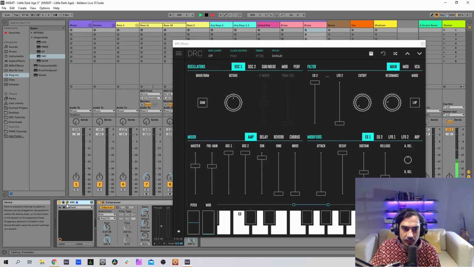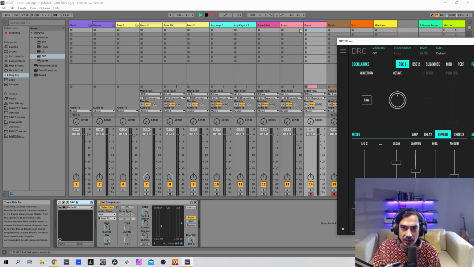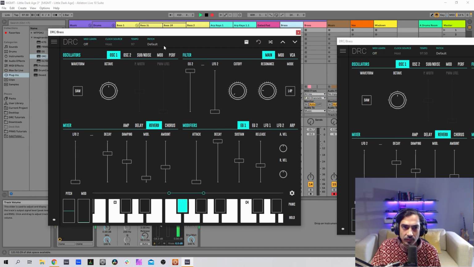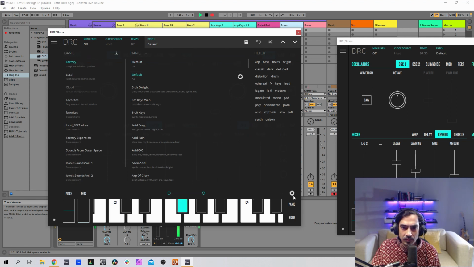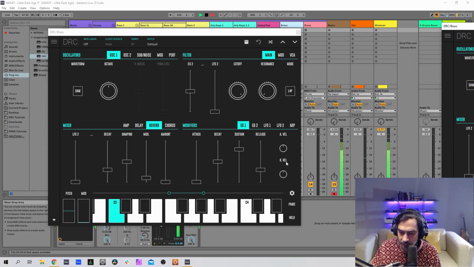And so this is the original. Let's bring back default patch. Okay. The first thing we're going to do, put it here, is go to the second oscillator.